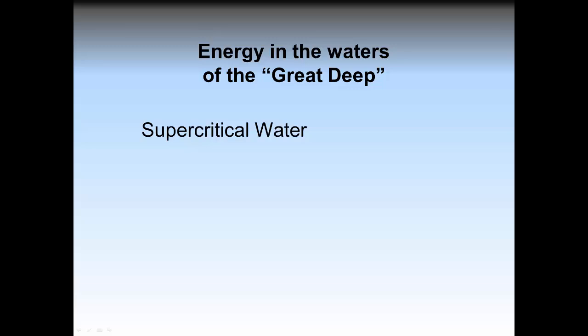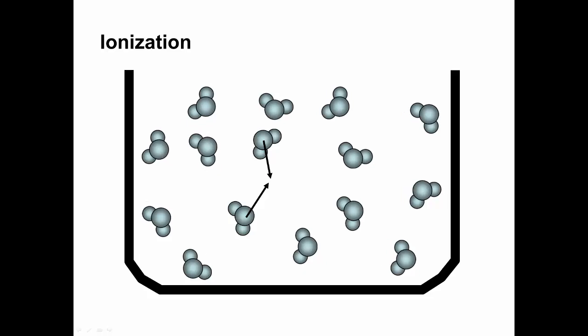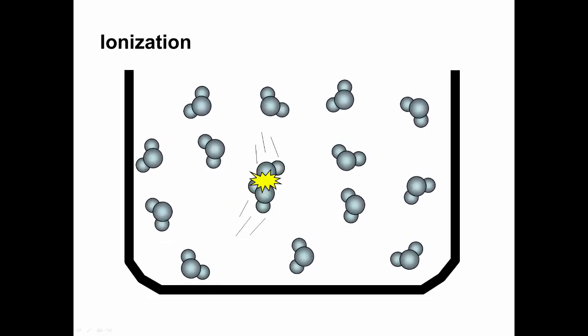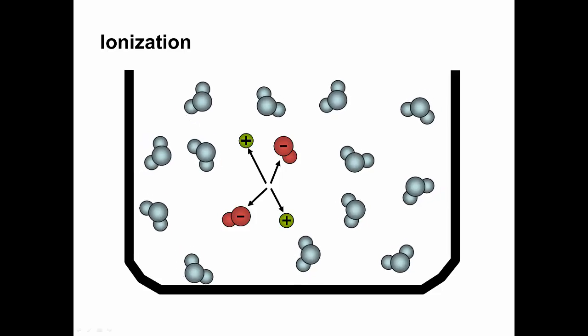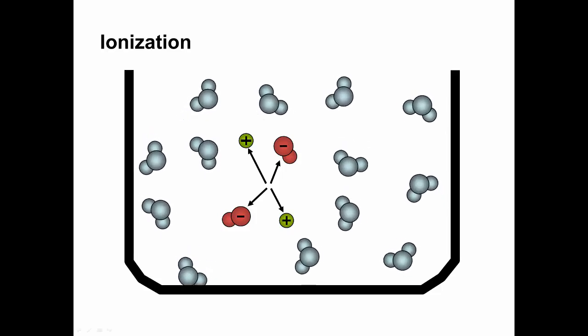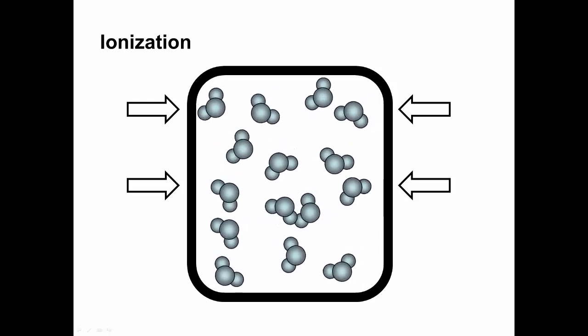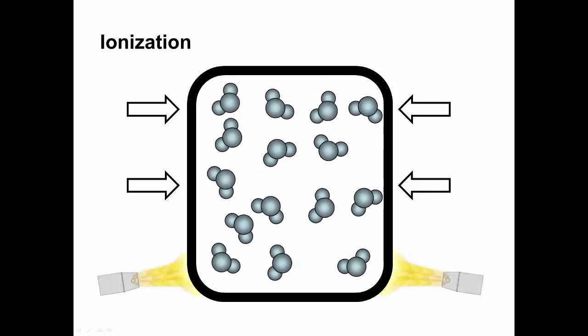But another form of energy stored in supercritical water was electrical ionization energy. So what is ionization energy? Under normal conditions in an open environment, occasionally molecules of a fluid will collide. When they collide with enough energy, the molecules will break apart into charged ions. This happens rarely with water in an open environment. A closed and pressurized environment forces molecules closer together, increases fluid pressure, and makes collisions more likely.